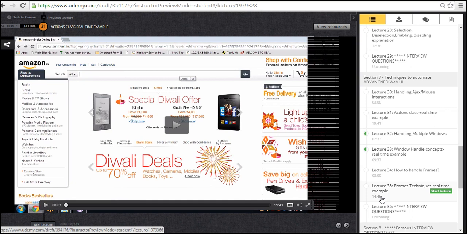Take that ID and put it in the switchTo().window parameter, and WebDriver understands that it needs to switch to the window which has this ID. It will search for a window with that ID and successfully navigate there. Then you can perform your operations as usual. Once the operations are completed, to come back to the parent window, you need to again specify switchTo().window of the parent window ID. You can get that in the list by traversing, place that window ID here and get back.